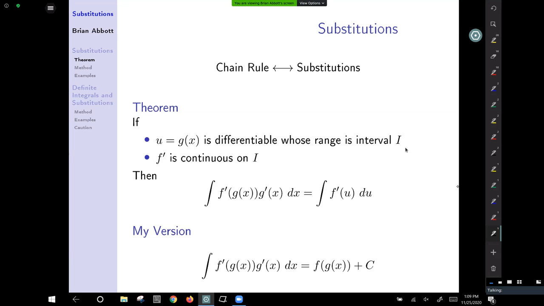If u is some differentiable function g of x, whose range is in the interval I, and f prime is continuous on that same interval, then the integral of, hey, this thing should look a whole lot like the chain rule. Then this integral can be expressed as f prime in terms of u. And what they did when they made this u substitution as g of x, they took this g of x and this g of x,